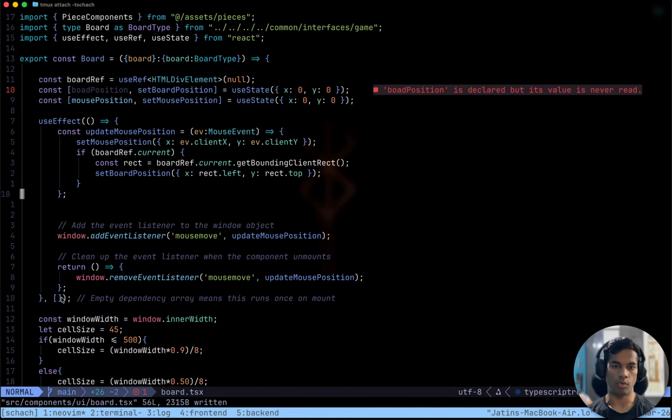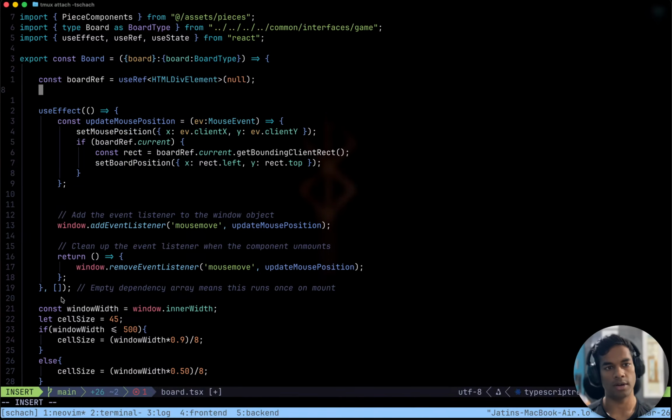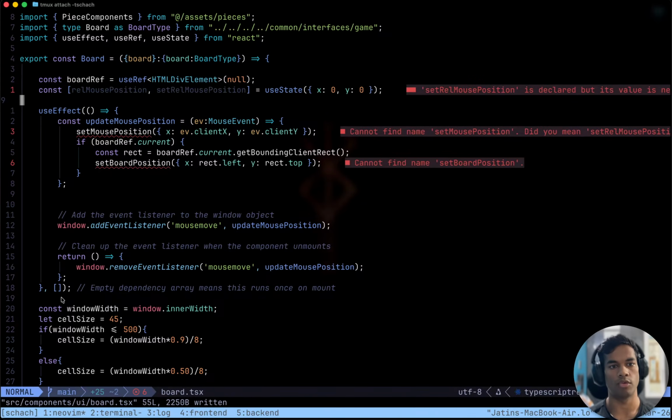Whenever the mouse moves, get the position of the board, get the position of the mouse. And I think we don't even have to store these two things separately. We can just say relative mouse position, setRelativeMousePosition.